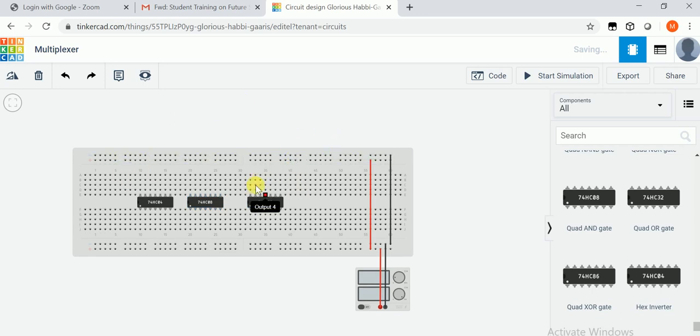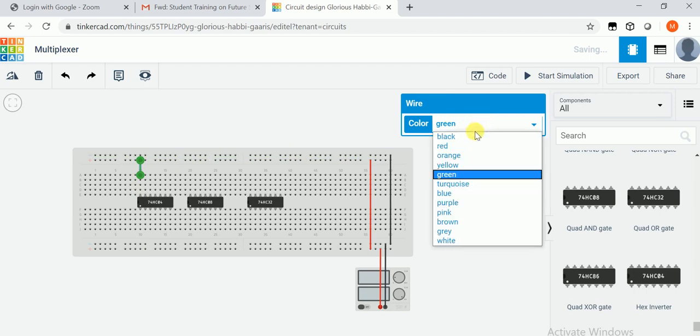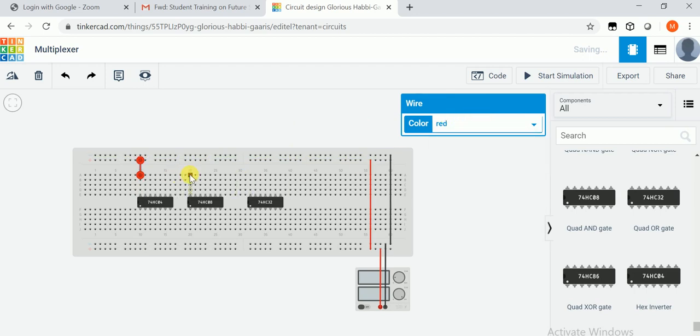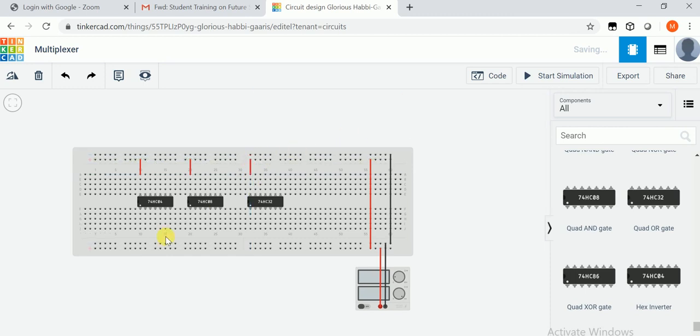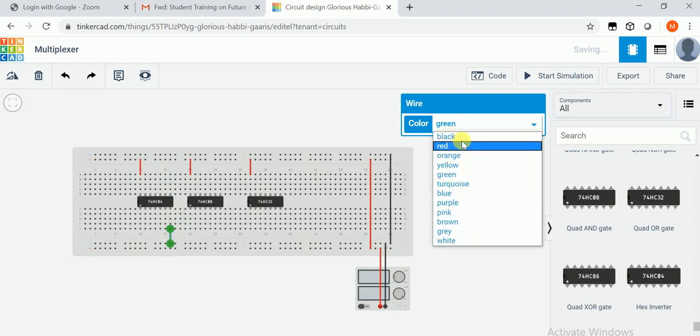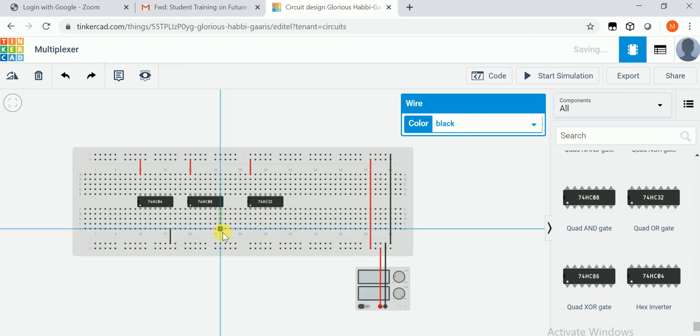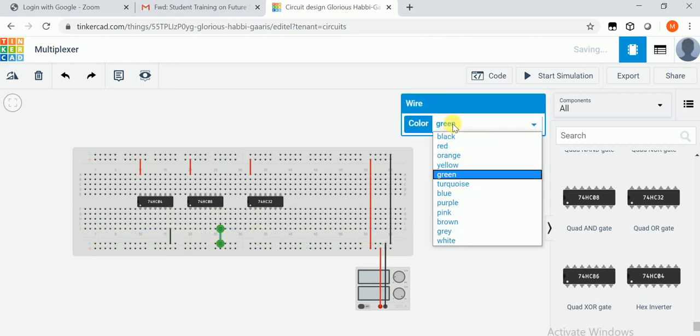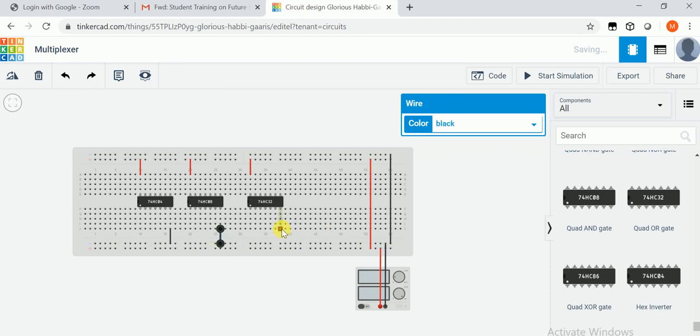Let's apply this power supply to all the ICs first. This power should be positive, make it red. This should also be positive. Pin number 14 of all the ICs should also be positive. Right, now pin number 7 of all these ICs should be grounded. So make it black, connect it to the ground, black, and